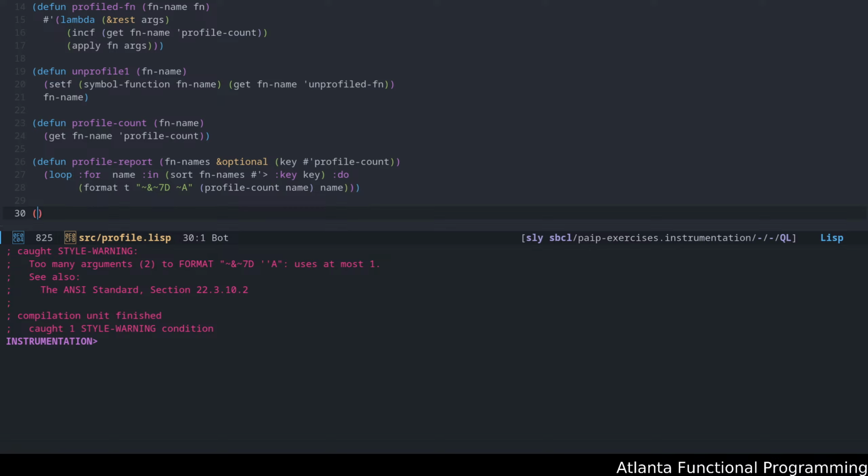Okay, so let's try very quickly a very simple function. Let's just make defun test sum up to some max count.